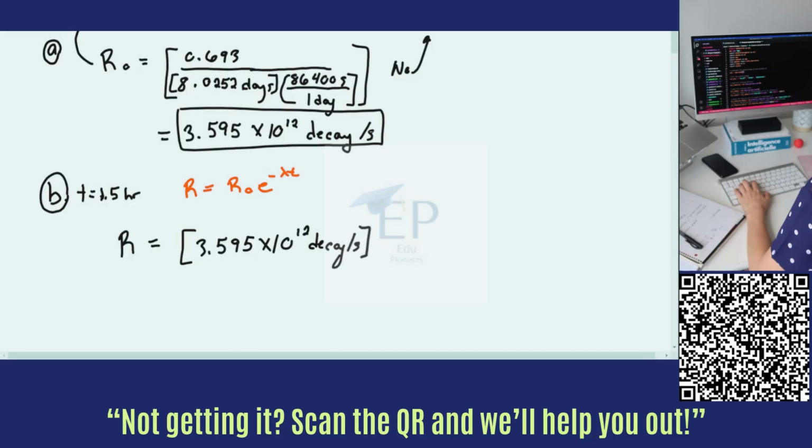Okay. And now we have e to the minus, and we're just going to make it a little bit bigger so we can see it. 0.693 divided by 8.025